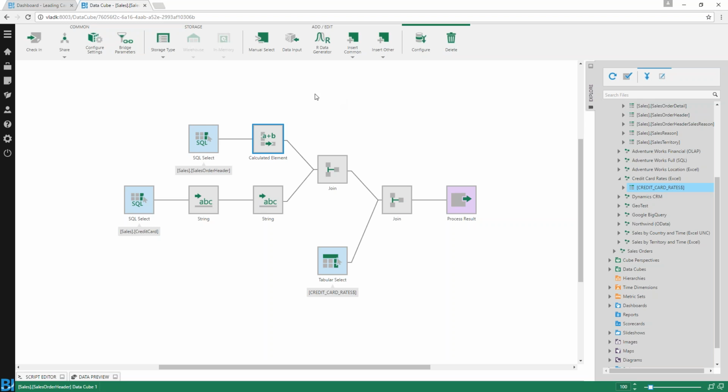As well, we also do have a manual select transformation. So if you do have queries that are optimized, you can simply copy paste them right into here and use them instead of building out this entire cube. And the last thing to mention is right here, this sort of inconspicuous button, storage type, but it is very important. So if we take a quick step back and look at the data cube from a very high level,